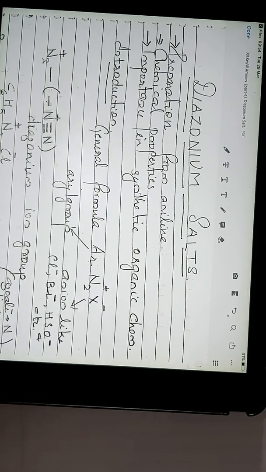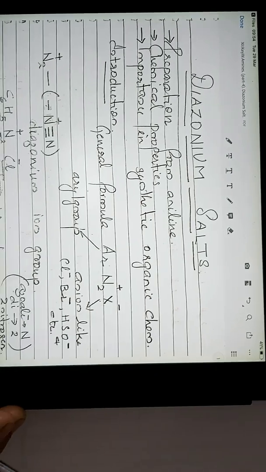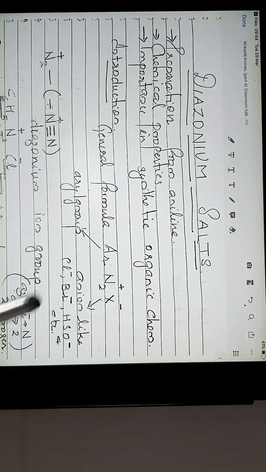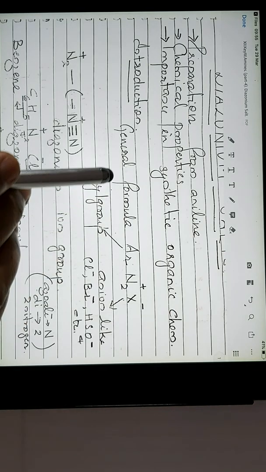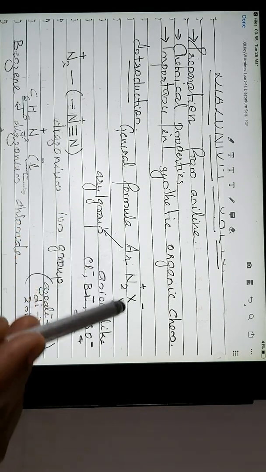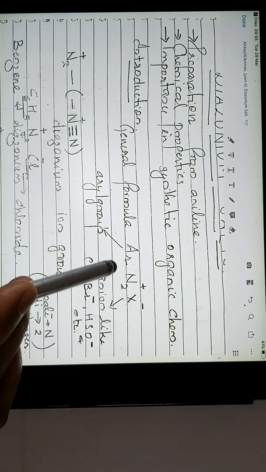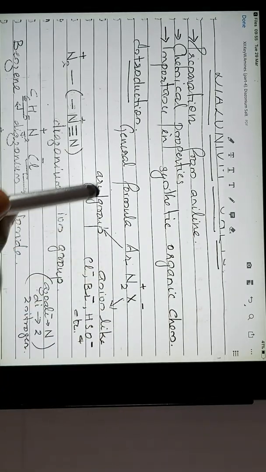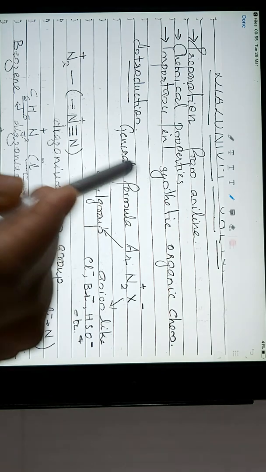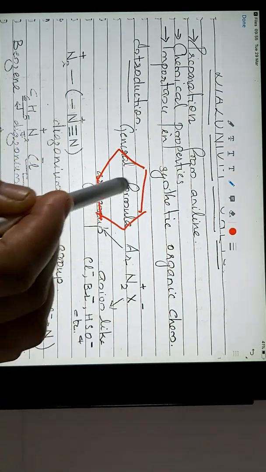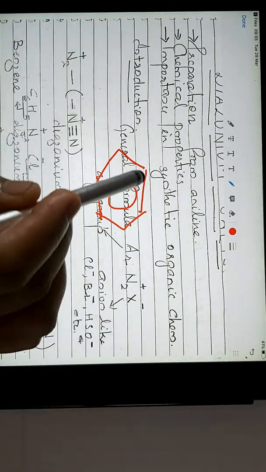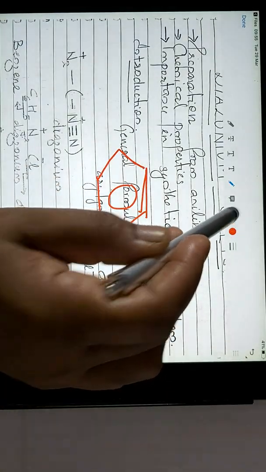Now, first, let us understand what is diazonium salt. Diazonium salts can be represented with the general formula ArN2X. Now, Ar, as we know, is an aryl group, that is a benzene ring. If you just consider aryl group, it means a benzene ring. So that is this aryl group. And to that aryl group,